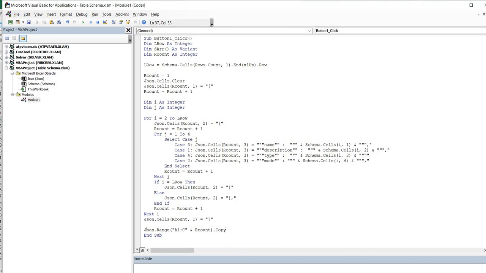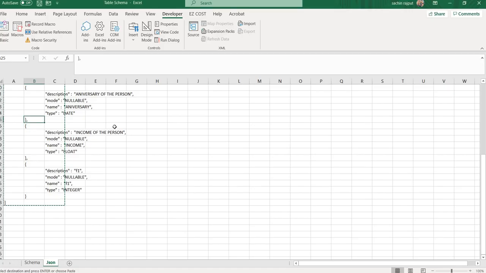Now in the end, what I'm doing is I'm just copying whatever the value is in there on the JSON file onto the clipboard, so that I don't have to change the sheet and select and copy again. So this is what it does. So if you go in